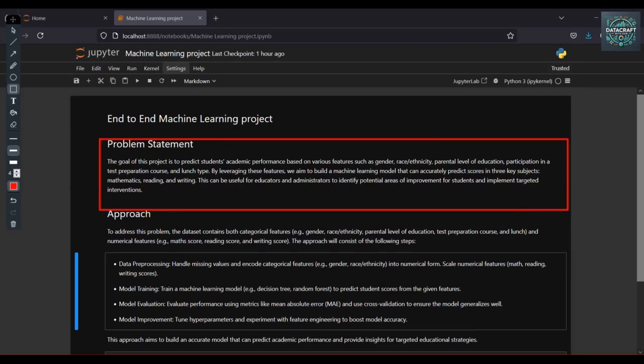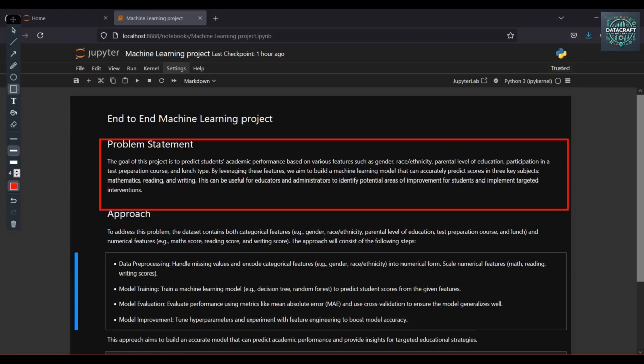By leveraging these features, our main aim is to build a machine learning model that can accurately predict the score in these three subjects: math, reading, and writing. This can be useful for educators and administrators to identify the potential areas of improvement for a student and implement the target. Then what is our main approach to solve this particular problem?